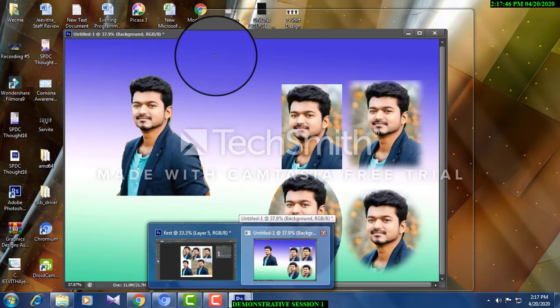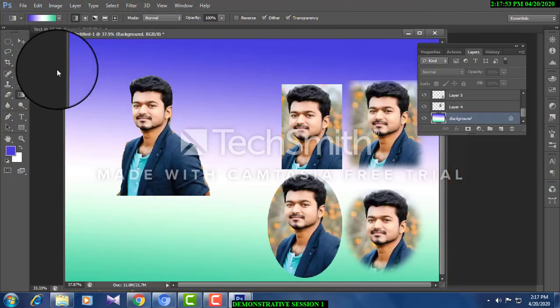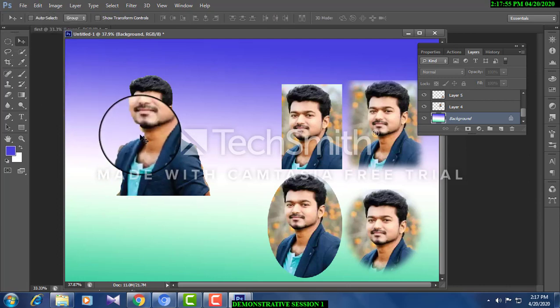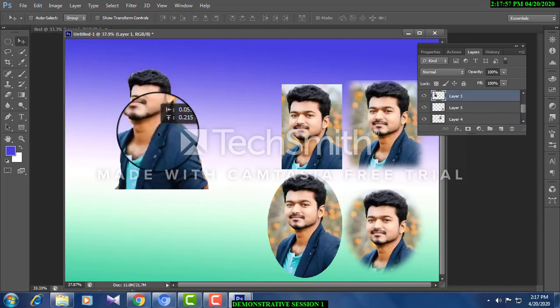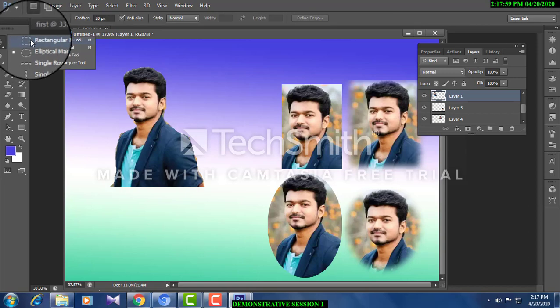So my dear friends, please set the background and fix all these photos. That is the first assignment for you. Once again, I shall make it clear. Today we have seen the move tool, but move is by selecting, you can move the layer, and we have seen rectangular marquee tool, elliptical marquee tool.